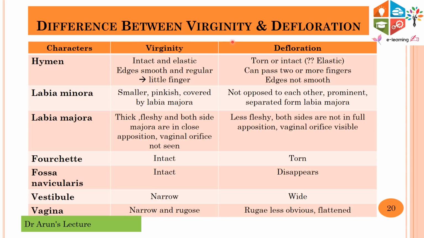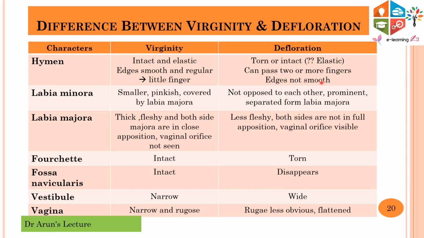Difference between virginity and defloration. In case of virginity, the hymen appears intact, elastic, and the edges are smooth and regular, and it admits only a little finger to pass through. In case of defloration, the hymen appears torn or intact. For a false virgin, there is thick fibrous tissue with fleshy fibrous folds where the hymen is not ruptured, and it can admit two or more fingers, and